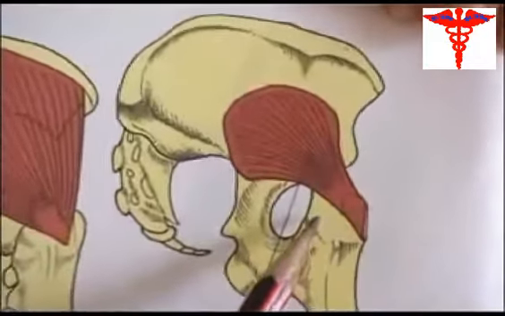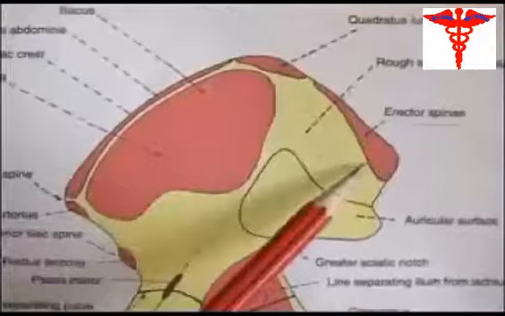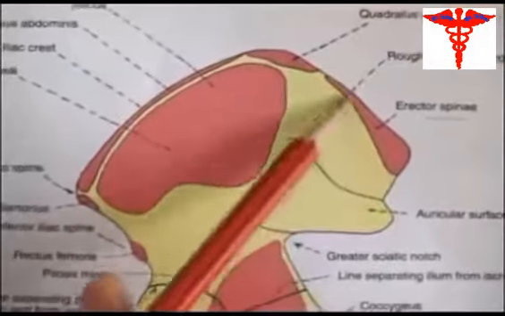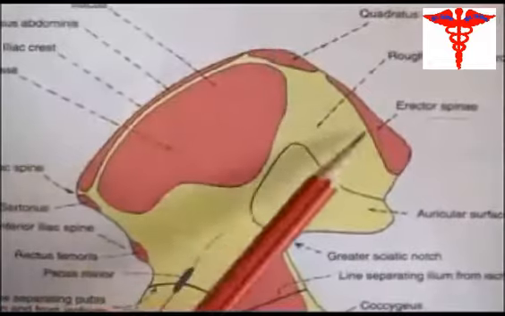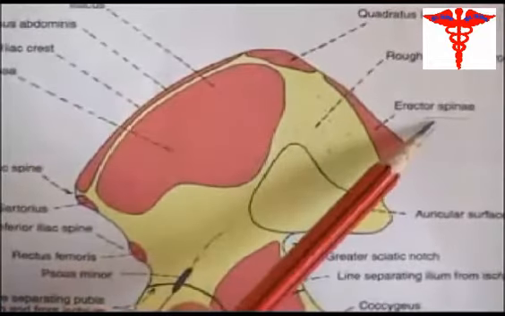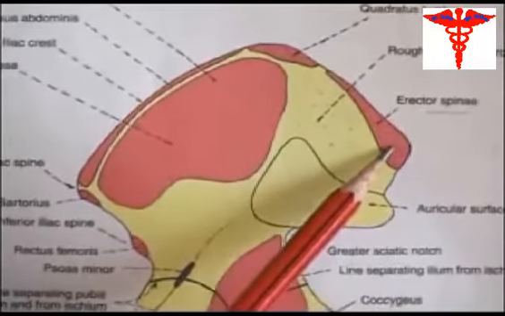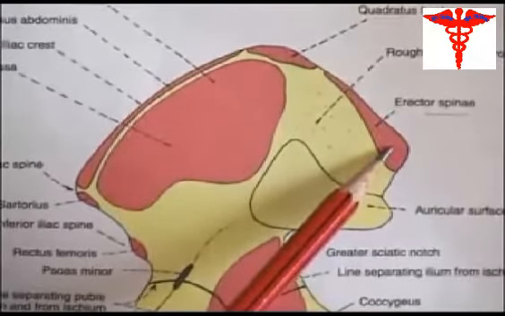The medial slope of the dorsal segment of the iliac crest gives origin to the erector spinae, which is the true muscle of the back supplied by the dorsal primary rami of the various spinal nerves.